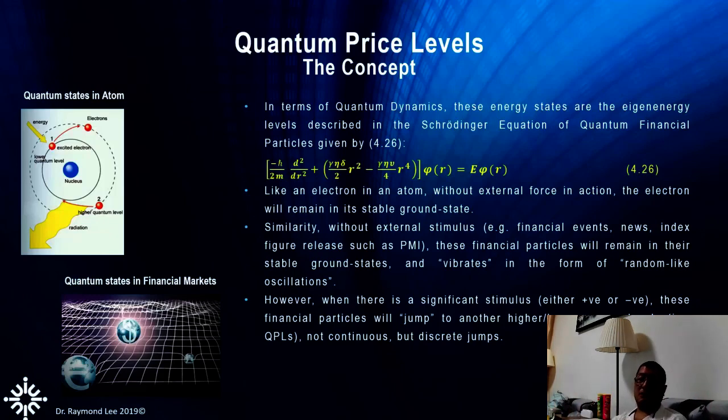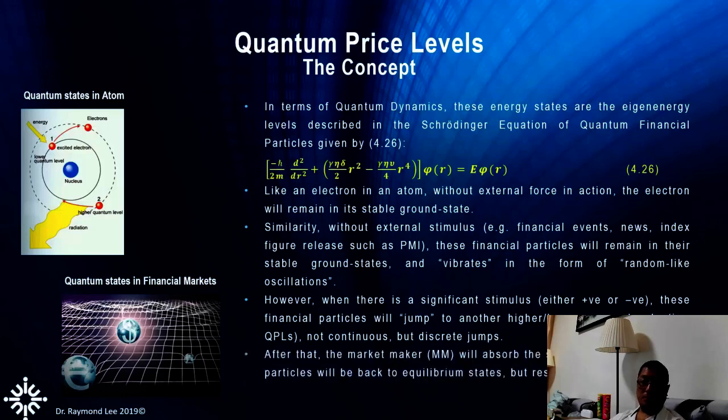So that part is quite consistent and also related to our understanding of the energy level, because they are just energy levels, which means these are the fixed levels that the price can stay at, for both directions, of course. So after that, the market maker will absorb the stimulus and the financial particle will come back to the equilibrium state. So what I'm saying is, remember in the last lecture we talked about different